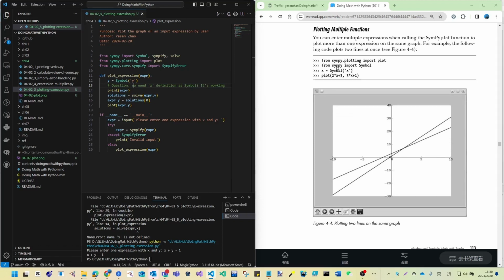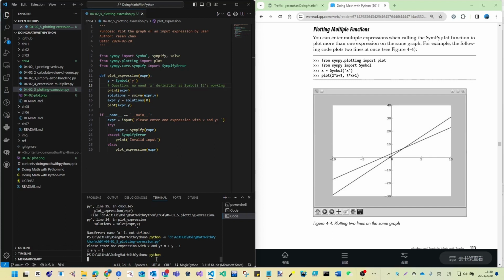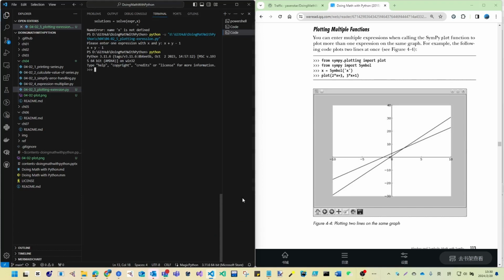This one we haven't tried earlier with Matplotlib, but let's see how we can do this in SymPy plot. So we can try from the Python terminal directly. So let's go back to the terminal, and then from sympy.plotting, import plot. And then we define those symbols,